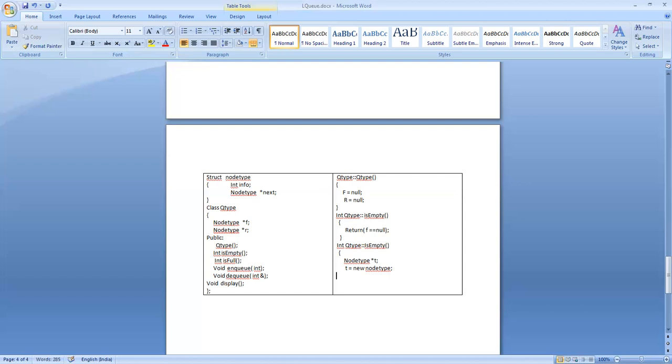So by checking what t is pointing to, if t is equal to null,